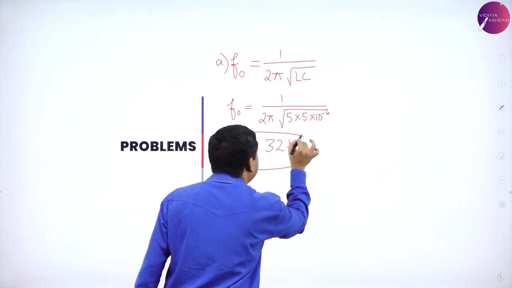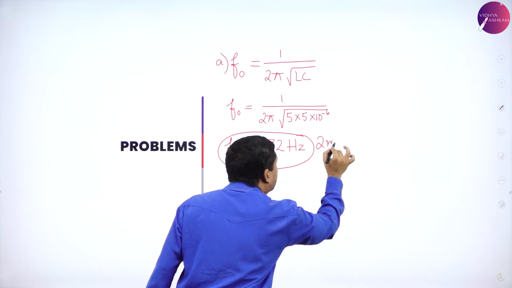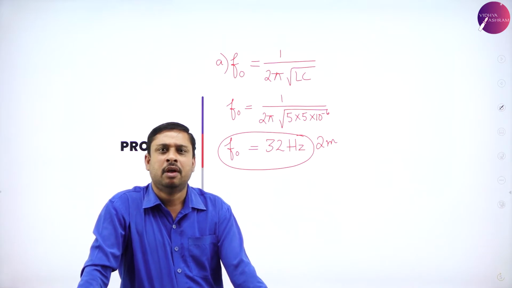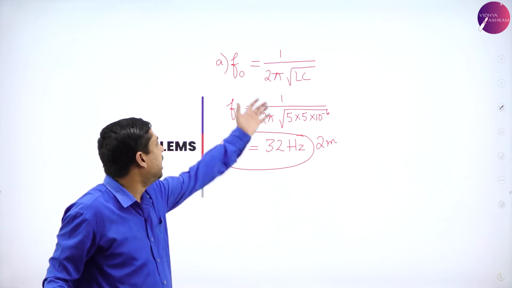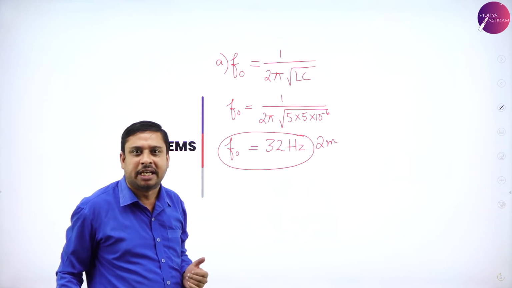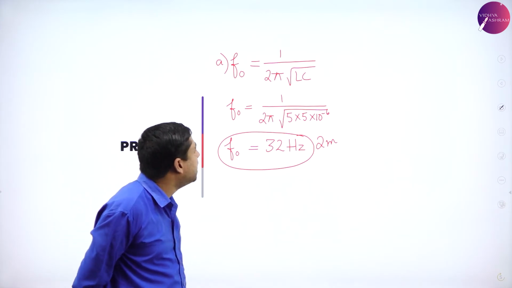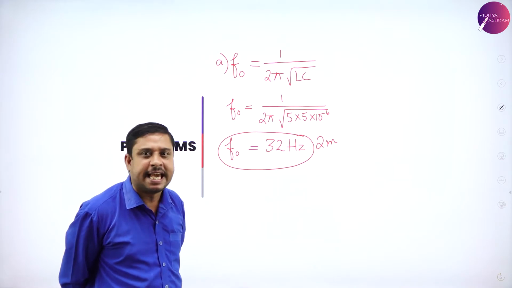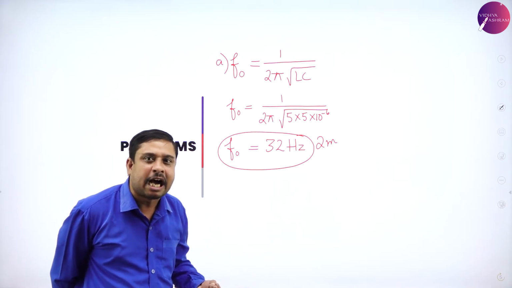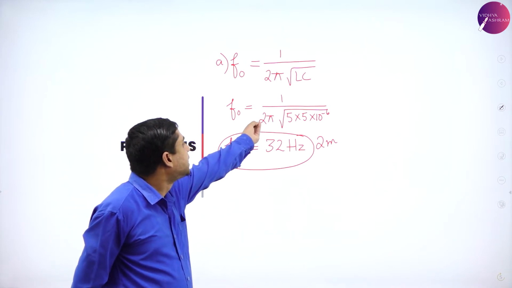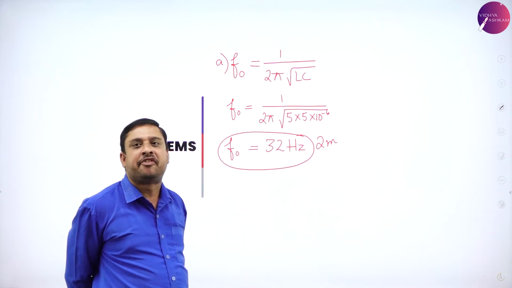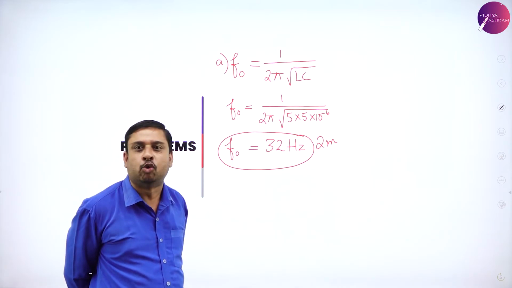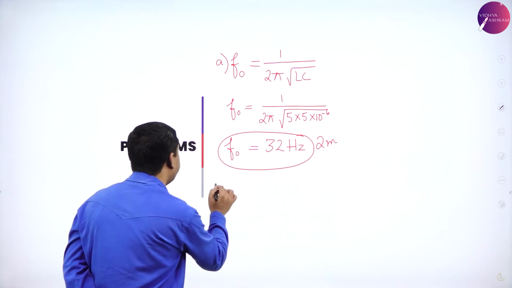Simple substitution. Istu madidre 2 marks is already in your pocket. What is the great difficulty here? Knowing the expression F naught equals 1 by 2 pi root LC. Collect the data from the problem, substitute, simplify, F naught turns out to be 32 hertz. B,